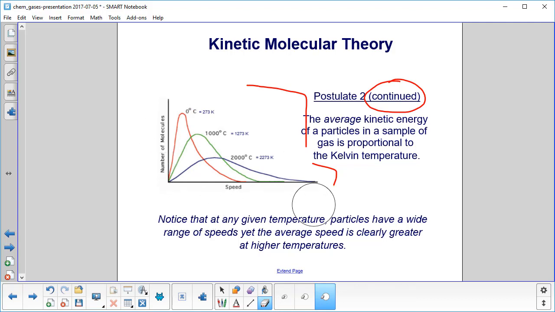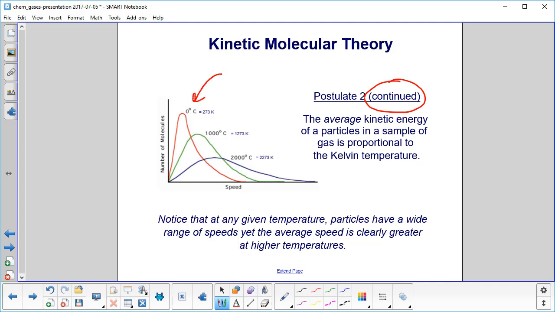Here we go. Let's interpret this. We have our lowest temperature here. It has a lot of particles moving at this speed. I come over to the 2000 Celsius, the blue one, and look at this. This has a lot of particles moving at a higher speed, and the red curve at 0 Celsius doesn't have as many. And then when you go out to this area, 0 Celsius has nobody moving at that speed, but